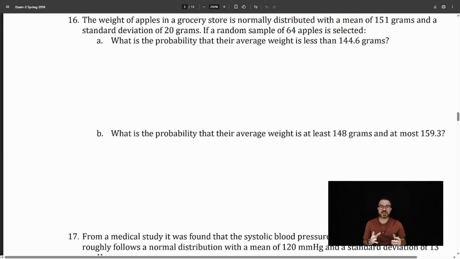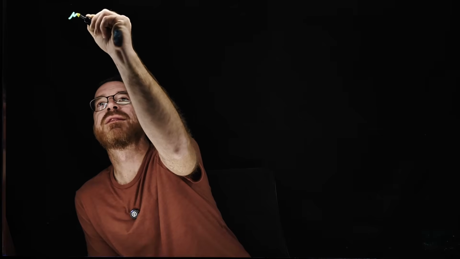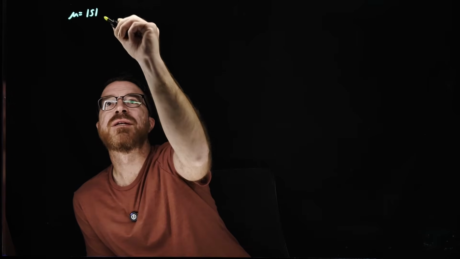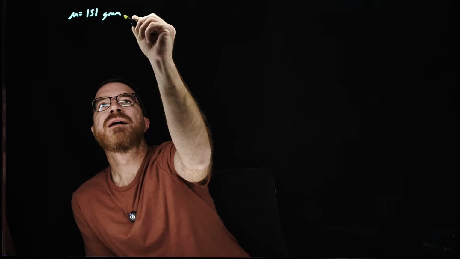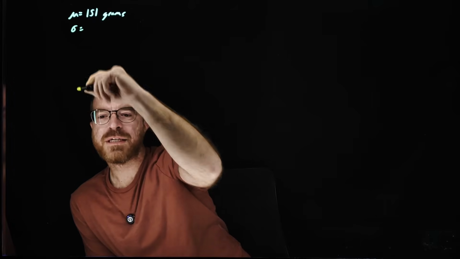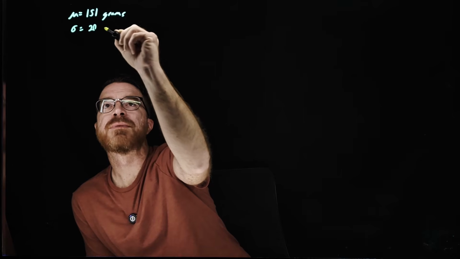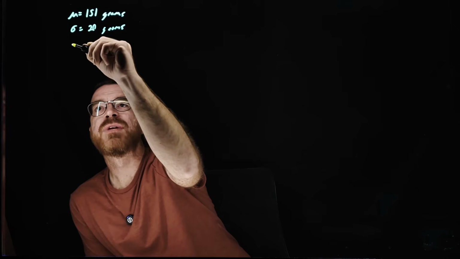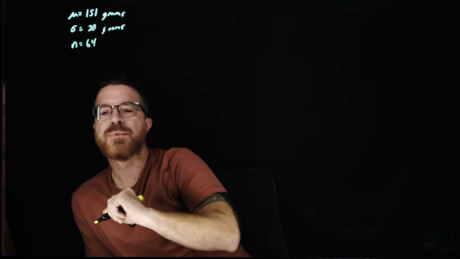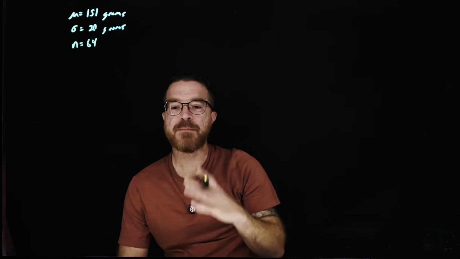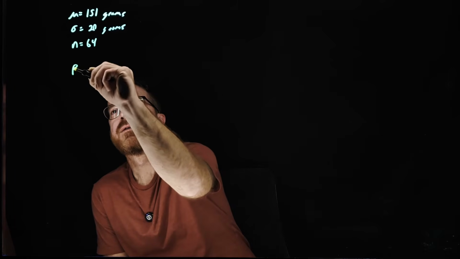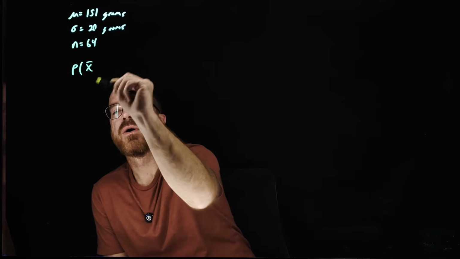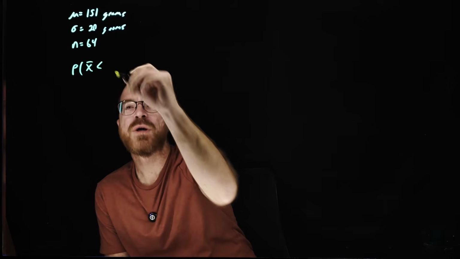So first thing I'm going to do is write down my given information. So I have that the mean of all the apples is 151 grams. And the standard deviation, sigma, equals 20 grams. We have a total of n equals 64 apples, and we want to know what is the probability that the mean weight is less than, so probability of x bar, mean weight, less than